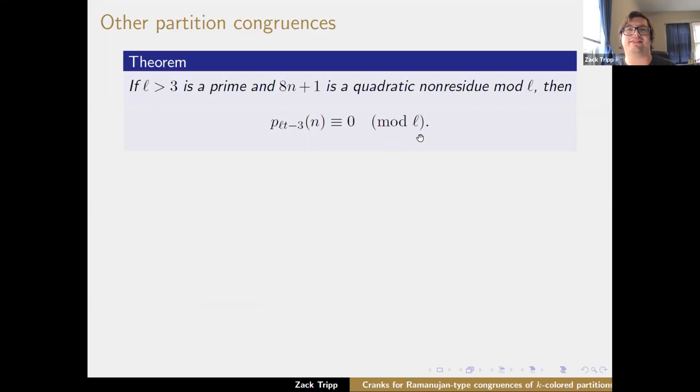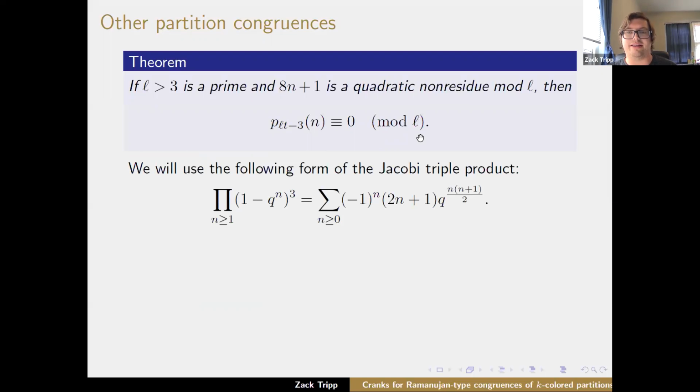So we're going to give a sketch of the proof here. And just to remind those who maybe know what Jacobi triple product is, or for those who don't, here's a specialized version of what Ian gave. We specialize what the zeta is equal to. And again, you don't have to worry too much about what the product and the sum actually are for right now. The important thing though is we have a product to sum formula that we're going to use.